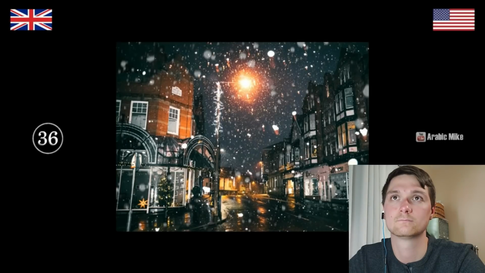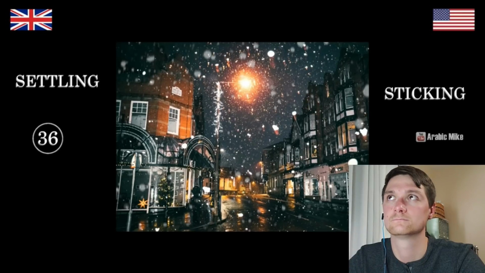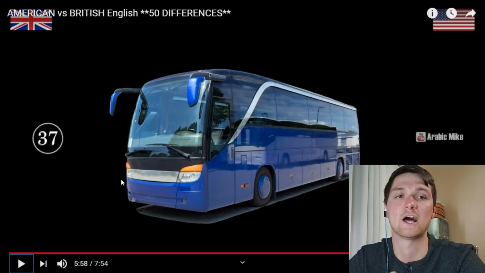Okay, so here's a question. This snow is falling, but it's too warm for the snow to stay on the road when it hits. So we could say the snow isn't... sticking. Yeah, it's not sticking. We say it's not settling. So if it snows but it doesn't stay, it doesn't settle. What's this? I actually like the settling better. It makes more sense than sticking.